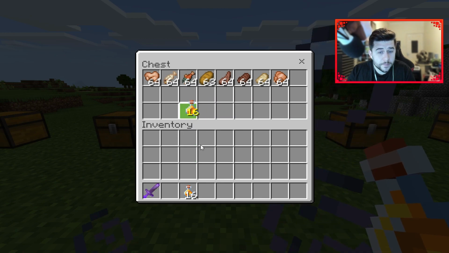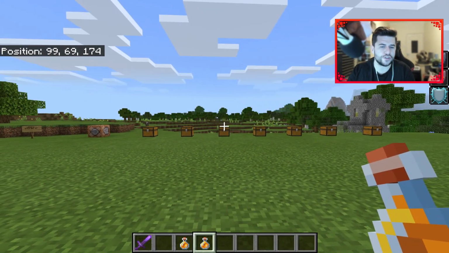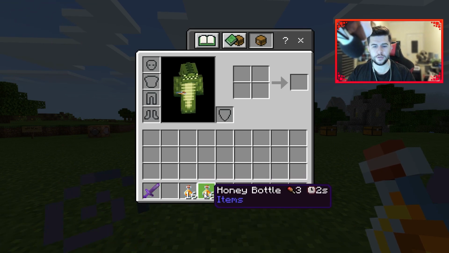The honey bottle is actually a really, really good one to have. And again, something quite underrated. A lot of people don't use the honey bottles, but if it comes to PvP, they're actually pretty decent. Because, for one, they heal 3 hunger points. And number 2, they can be consumed in 2...